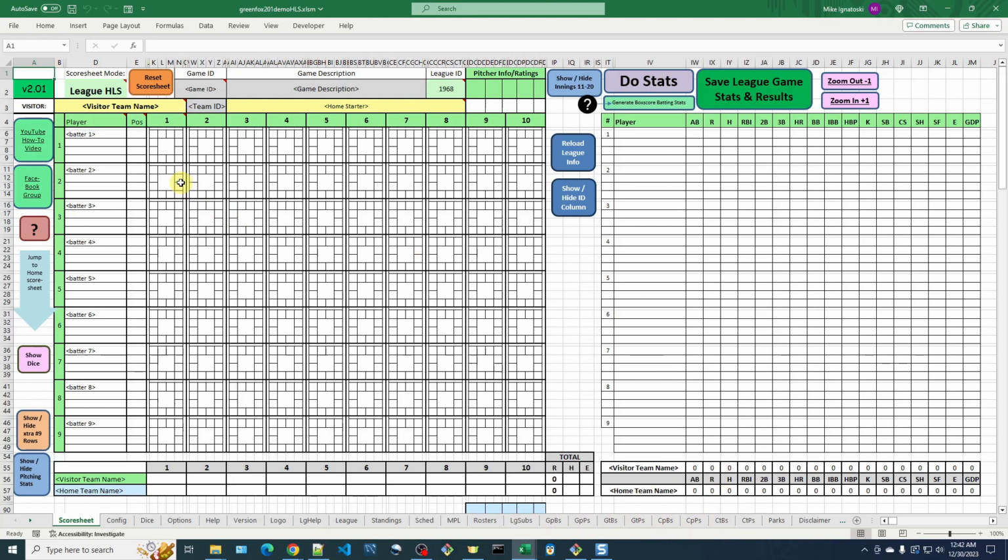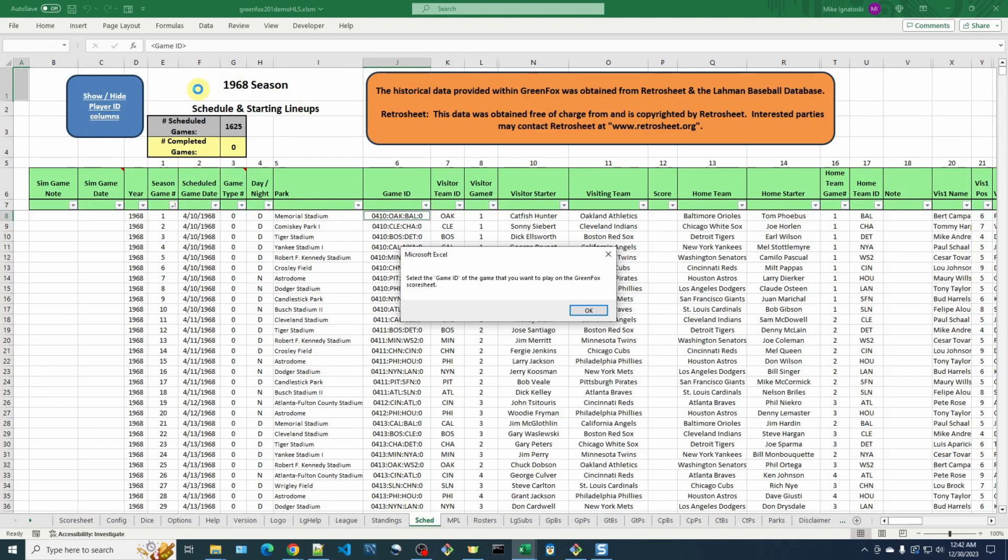And how do we get a game in here? As instructed, it says click the game ID. So I'm going to click the game ID, and as you can see here, it also shows our league ID there. Click this game ID. It automatically jumps us over to the schedule sheet, and it tells us the same thing. Pick the ID of what you want to play. Here are all the games. I could pick any one. It doesn't really care. It doesn't make you play them in order, but